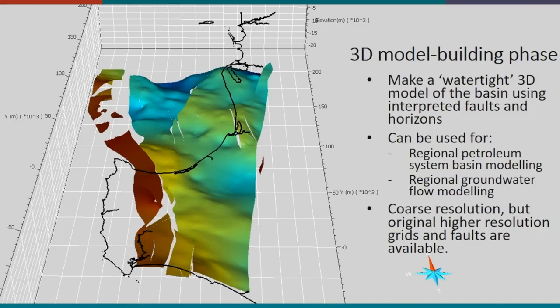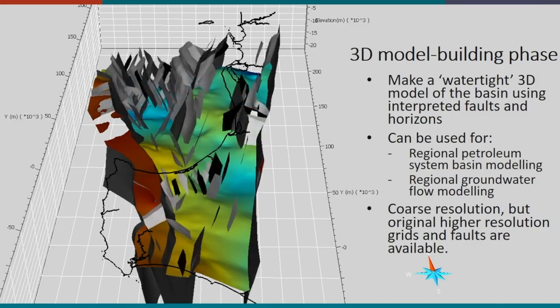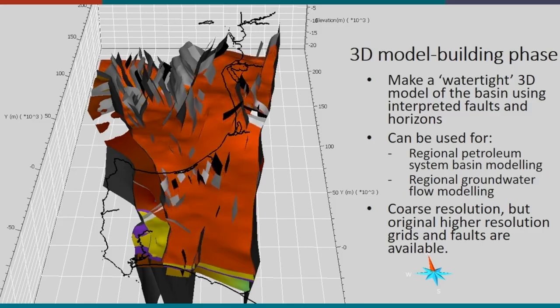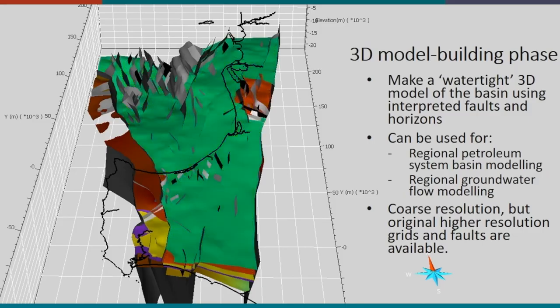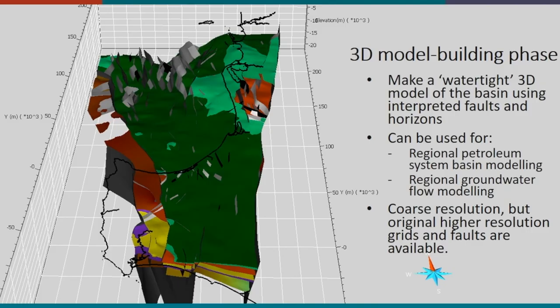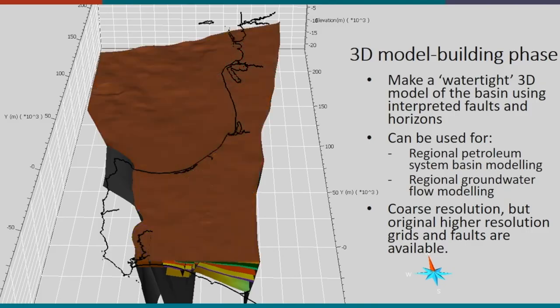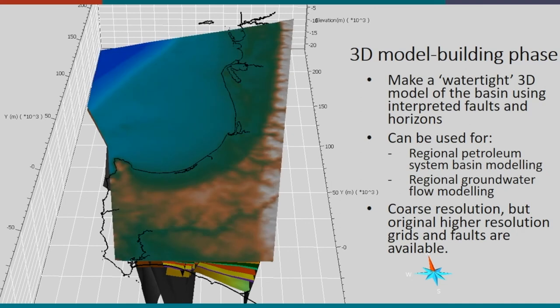Using the interpreted faults and grids, a watertight 3D model of the basin was built in GoCAD. The model is intended to be used for regional petroleum system and basin modelling, or for regional groundwater flow modelling. Given the size of the model, it's coarse in resolution, and some of the smaller offset faults couldn't be included, but the original higher resolution grids are